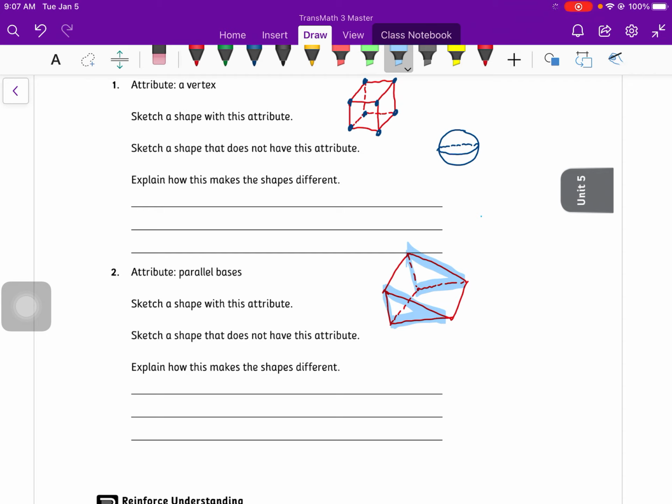It's the front and back of a box. Not a very useful box, but a box nonetheless. If I want to draw a shape without a parallel base, generally that means we're going to draw a pyramid. So to draw a pyramid, I'm going to draw a triangular one this time, just to be different. So I'm going to start by having my triangle look